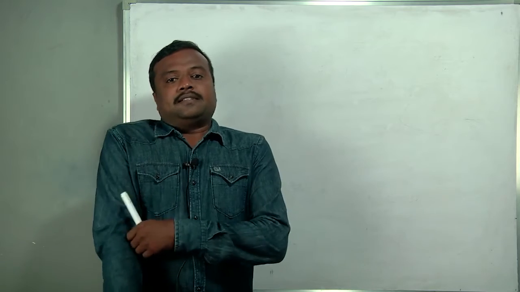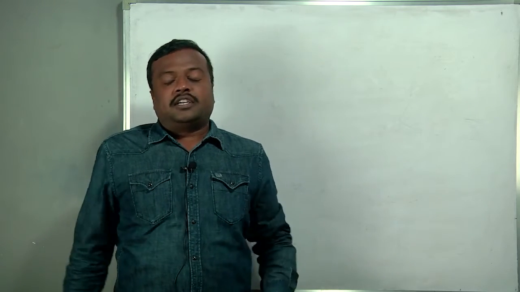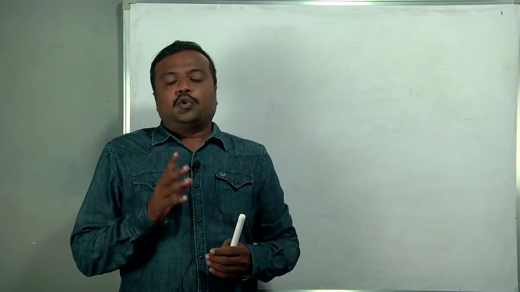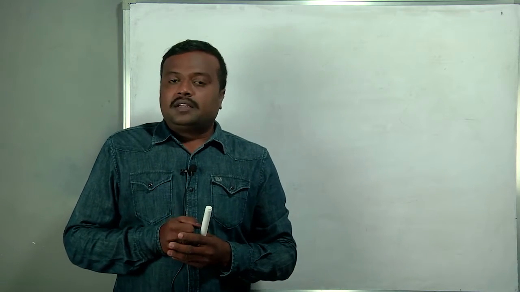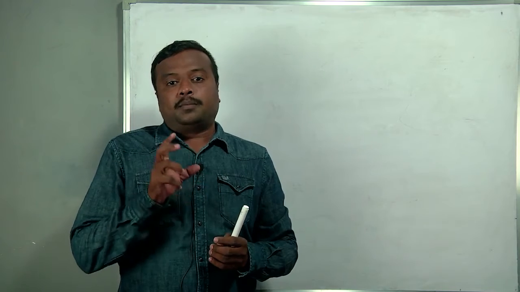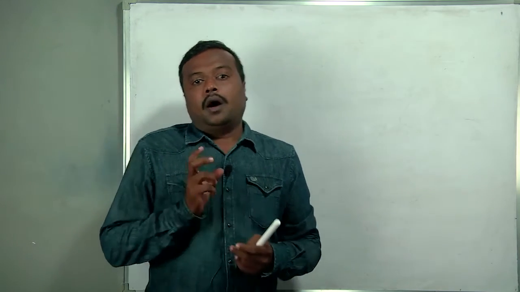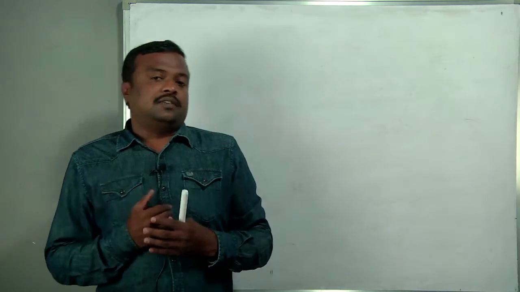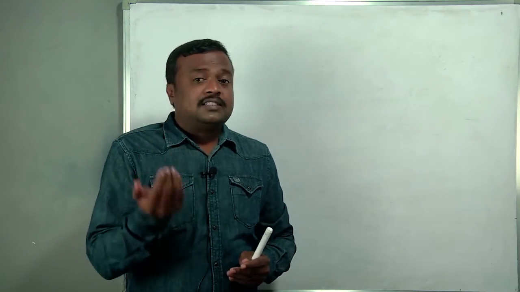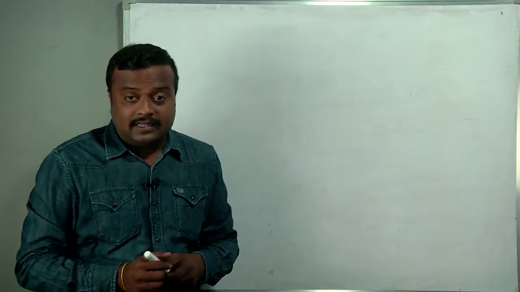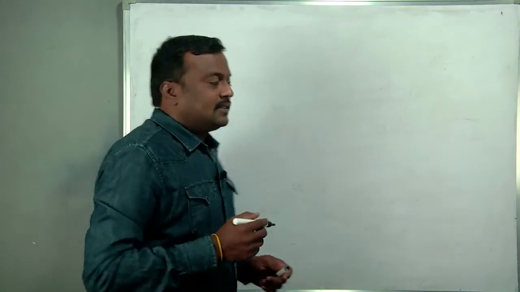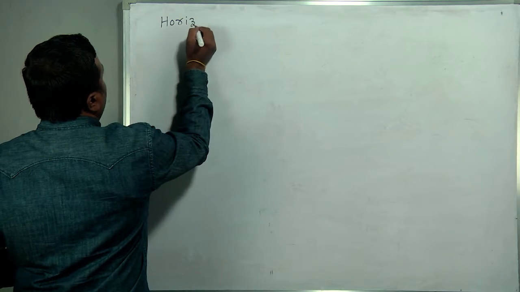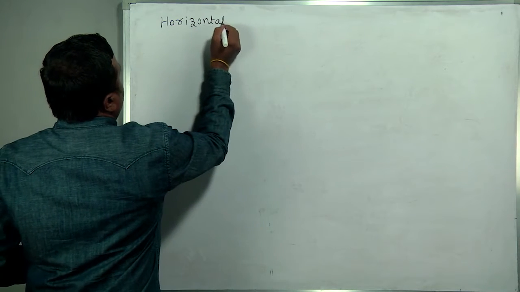So in the last lectures on projectiles, lecture 1 to lecture 4, we completely discussed oblique projectile motion. A number of topics related to oblique projectile motion were covered. Now in this lecture we are going to see another type of projectile, that is called horizontal projectile.